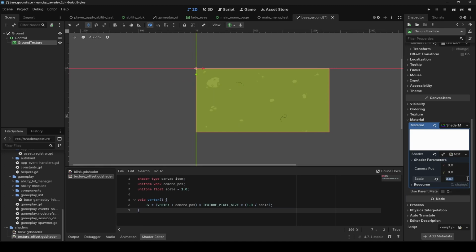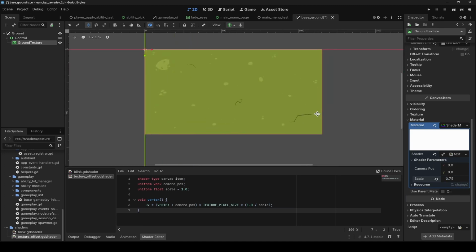I will go maybe with 0.75, maybe. You can adjust it to whatever you like, but we won't see the camera position to work. Oh no, we see it. And that's odd, because it should not work like that, but okay, it worked. That's cool. So, okay, you could see how it works right in the editor when